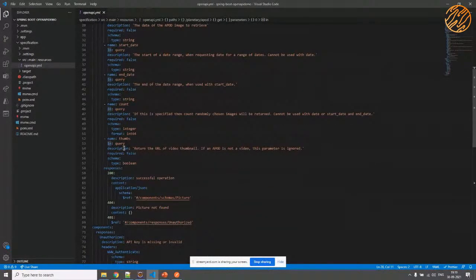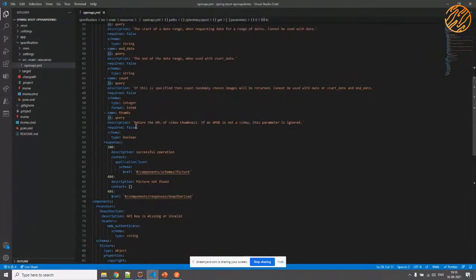So this was the definition of my input parameters, but now I also need to define what kind of response, or what kind of result, I need to get from the API. Here is where I can define certain responses. In case of a successful response, I would have a particular schema which I would be returning. This is basically my object, and I'll be talking about this shortly.